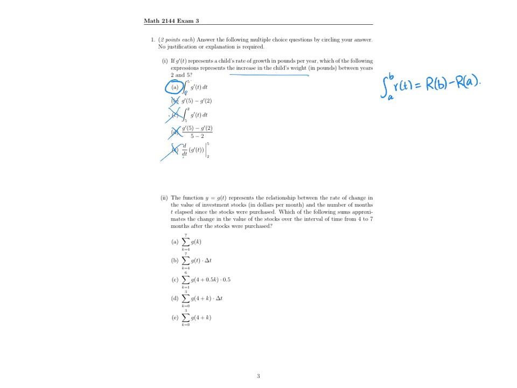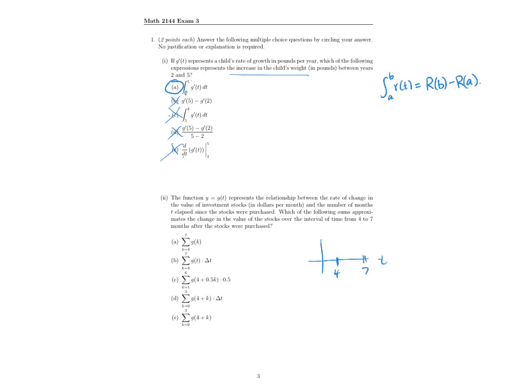If I look at number 2, I'm given, again, a rate of change function, and I want to approximate the value of the stocks from 4 to 7 months after the stock was purchased. So if I want to evaluate the rate of change of the stock, I want to be looking at how much the stock is worth on these different intervals. So if I'm going from 4 to 7,